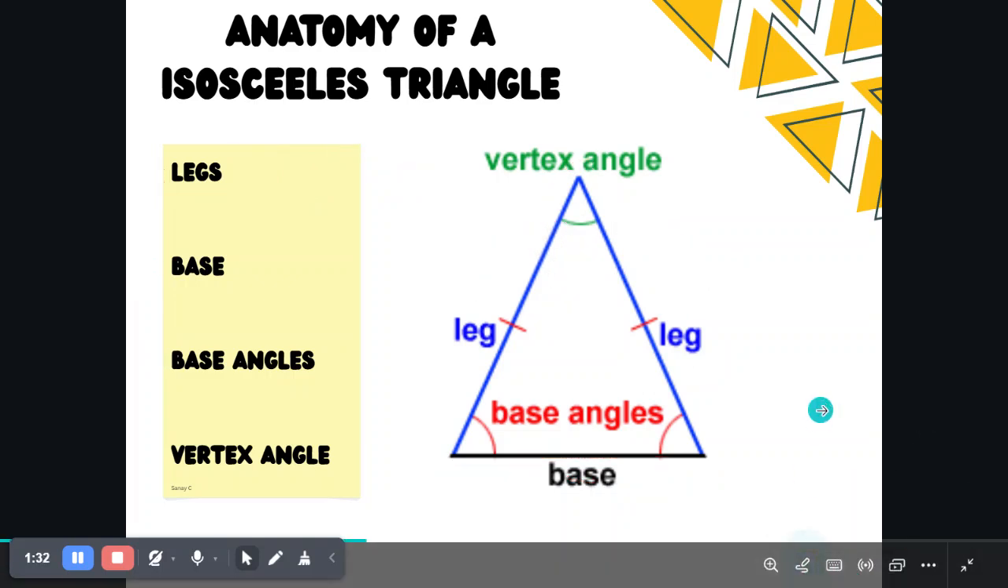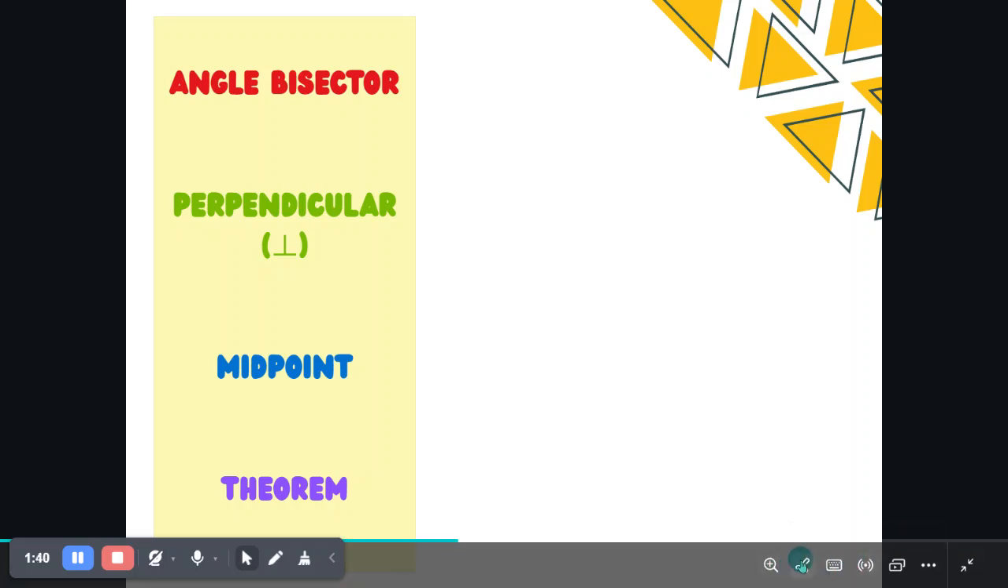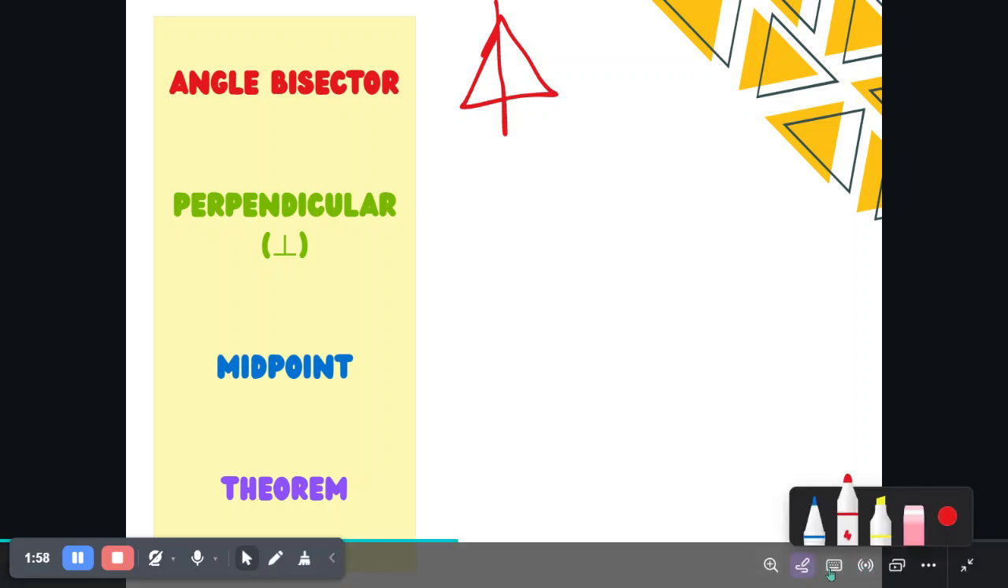So, moving on, we're now going to explore more terms that are important to know. First, we're going to start off with an angle bisector. Basically, say we have an isosceles triangle, and there's a line that splits it in half. The line that splits it in half is called an angle bisector, which is a line, ray, or segment that divides an angle into two congruent angles. So now let's go on to the next term,